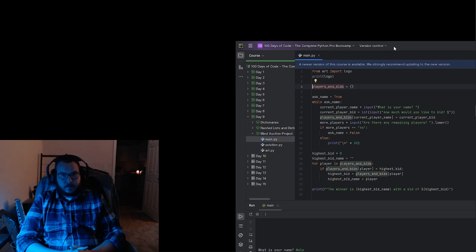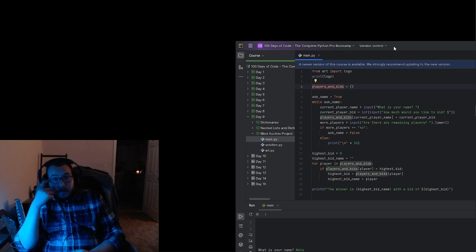So if the should continue input is equal to no, well, in that case, we need to compare the bids in our dictionary. Now, since this comparison in our dictionary is kind of like a separate piece of functionality, it's probably a good idea to create a separate function for it. That way we can reuse it, and we can also modularize our code so that it only does that function,